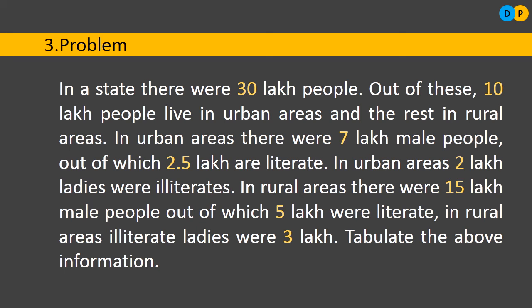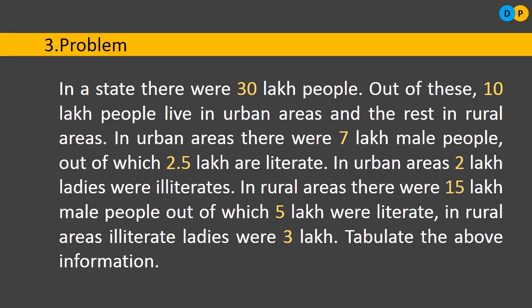If you go through this particular question, a lot of data has been given, but what we need to look out for are the characteristics. There are 3 important characteristics. The first one is the area in which the people are living in the state. Some of them are living in urban areas, some in rural areas. So that is the first characteristic, the area where they are living. The second characteristic is whether they are male or female. They are talking about women and about men. That's the second characteristic. Similarly, the third important characteristic is that some of them are literate and some of them are illiterate.